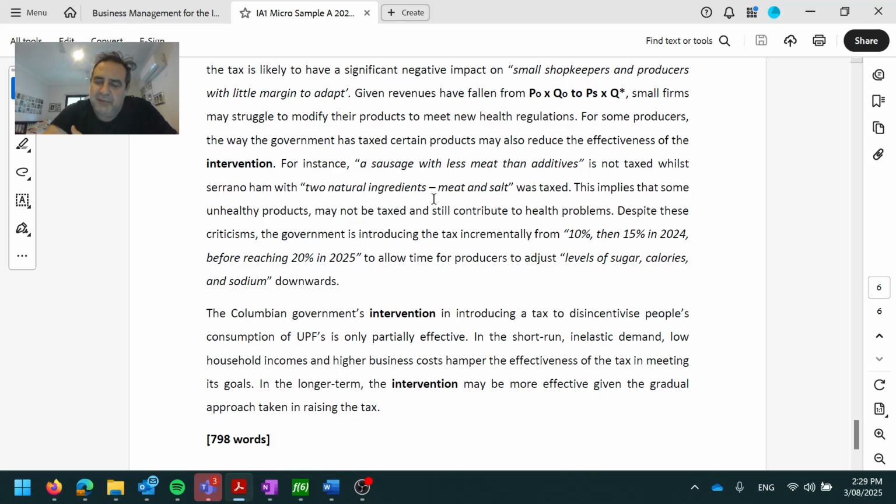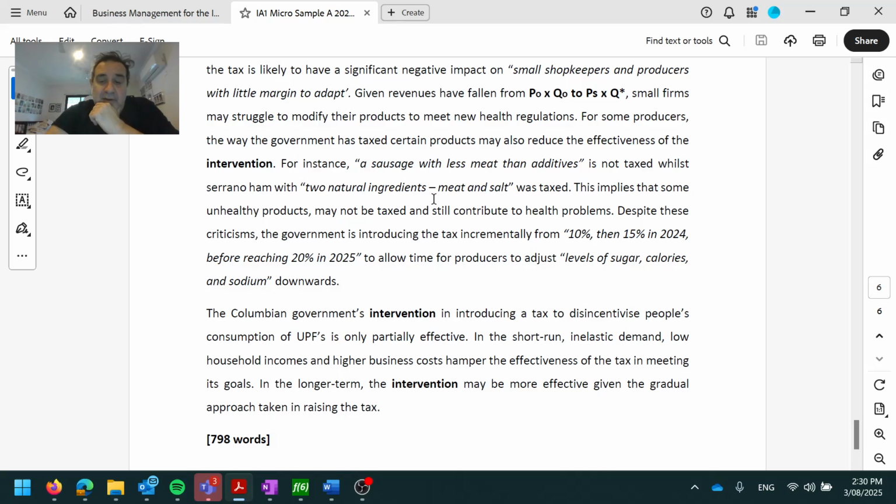something's changed, policy has changed. And really, part of what you're doing is, firstly, you're explaining to the examiner how the policy works, how it should work, but then you also evaluate the effectiveness of the policy. So clearly in the case of micro, in this particular instance, we're looking at a tax. The student is weighing up the case for and the case against and making a judgment. Now, when you read through it,